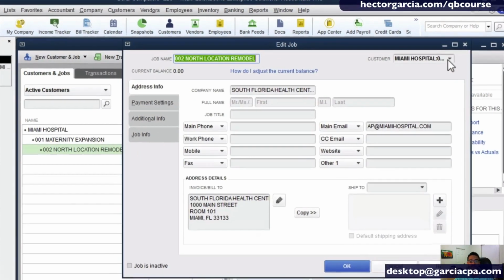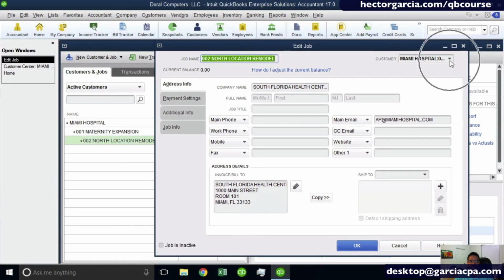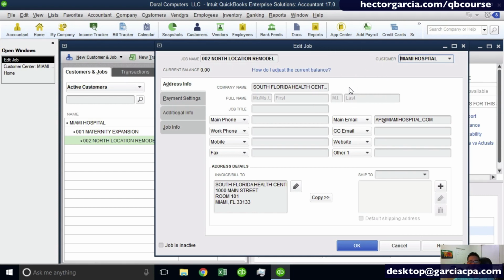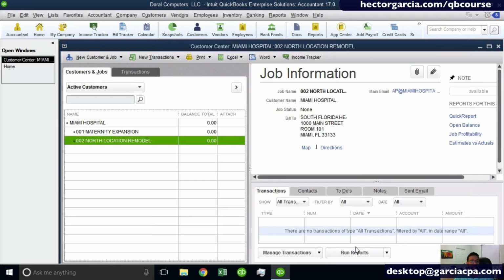And then here on the right side where it says customer Miami Hospital, I just hit the drop down and say, no, this is not a job of a job. This is a job of the customer. Now, there's nothing wrong with you doing it. As a matter of fact, you can create multiple layers of jobs if you wanted to go in that level